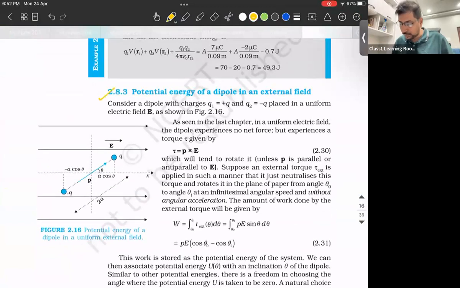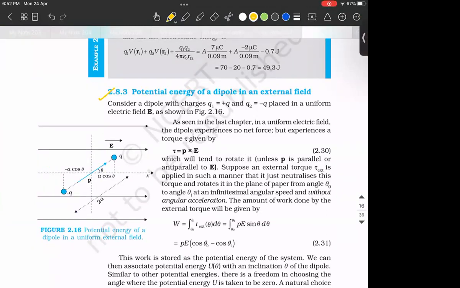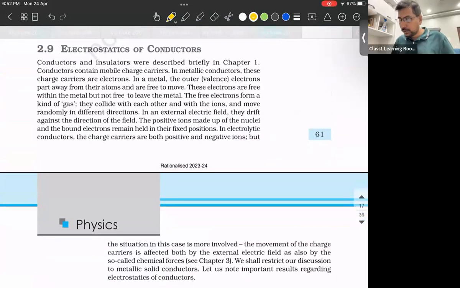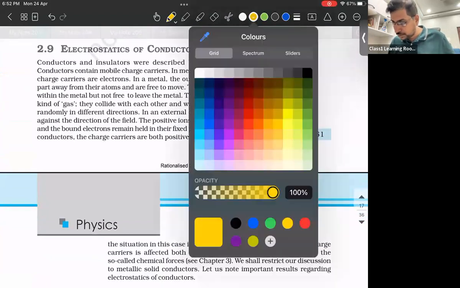So this was the last concept we saw, no? Potential energy of a dipole in external electric field. Now we are going to move on to the next part of this chapter, which is going to be